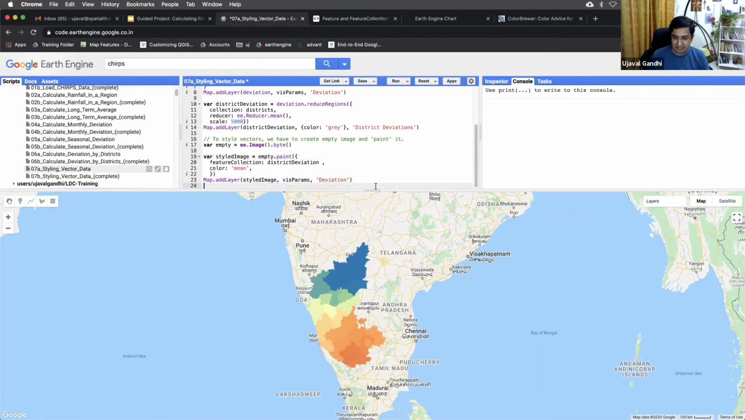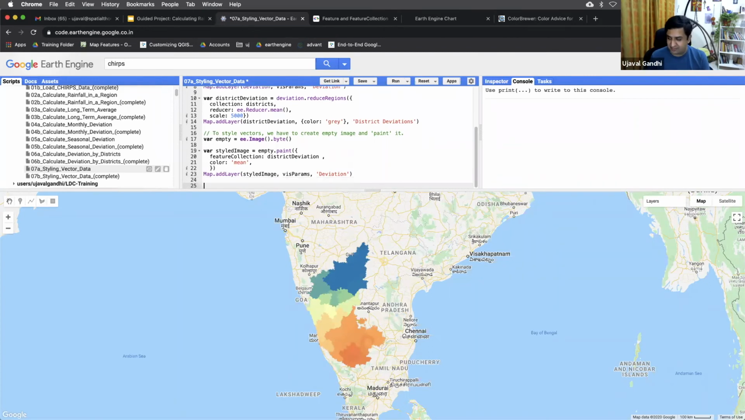One more last step you want to do is, you can see the districts up here. You can't really see the boundaries. So it'll be nice to just have the district boundaries also appear on this. And to do this, what you need to do is you can actually take this image and paint it again with just the borders. So let's see how to do that. So we'll add an outline to it, and we'll take the styled image